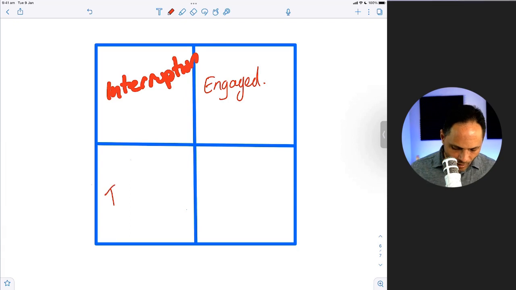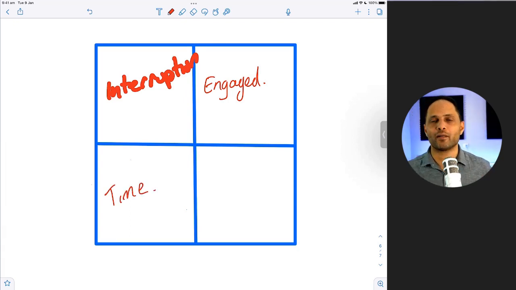The other thing is time. Well, we talked about time already. Time is how long they spend on the platform. It's about an hour a day. When it comes to engagement, one of the things that I probably didn't say is they're liking, they're commenting, they're kind of addicted to it. They keep coming back to it over and over again. That's what engaged is. It's not like LinkedIn, where you go once a week. Facebook and Instagram, they're on there every single day, 10 times a day. They keep opening it up.